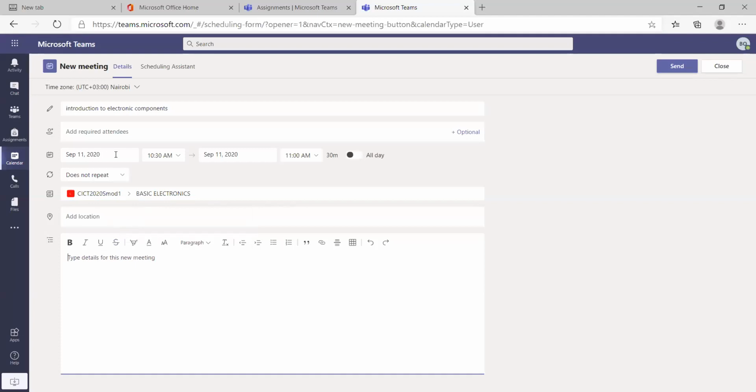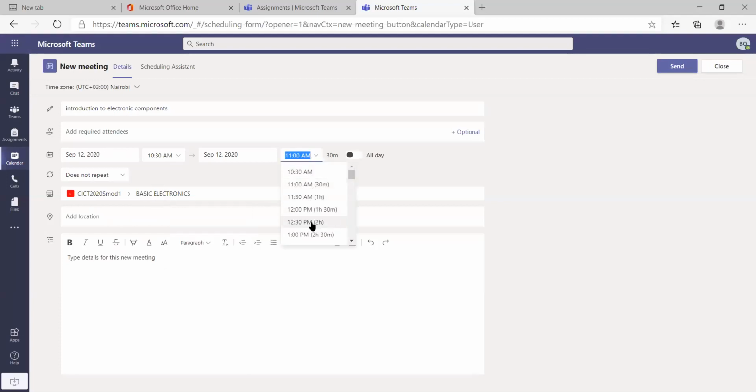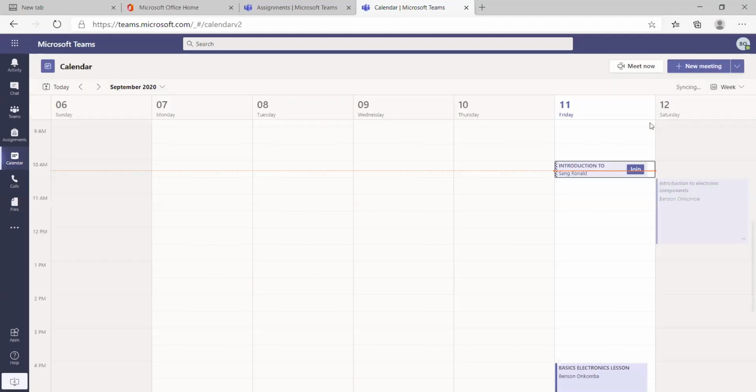Then you can schedule your meeting to be, for example, tomorrow, September 12th from 10:30 a.m. to maybe 11 a.m. or maybe for 2 hours. Then you can send this particular invite, and once you send it, it will appear at the calendar there.